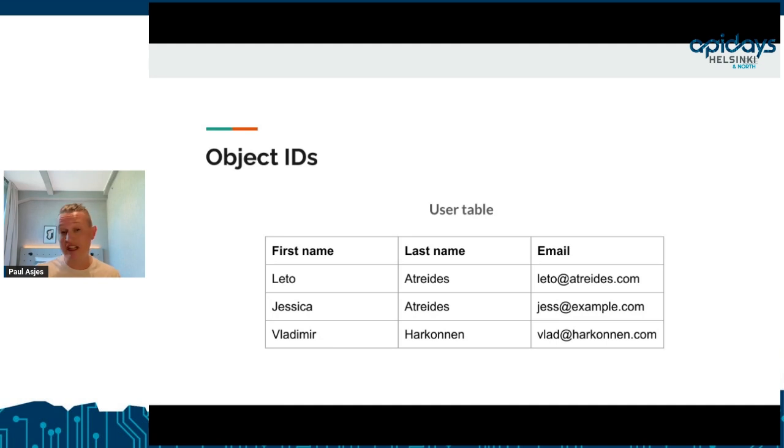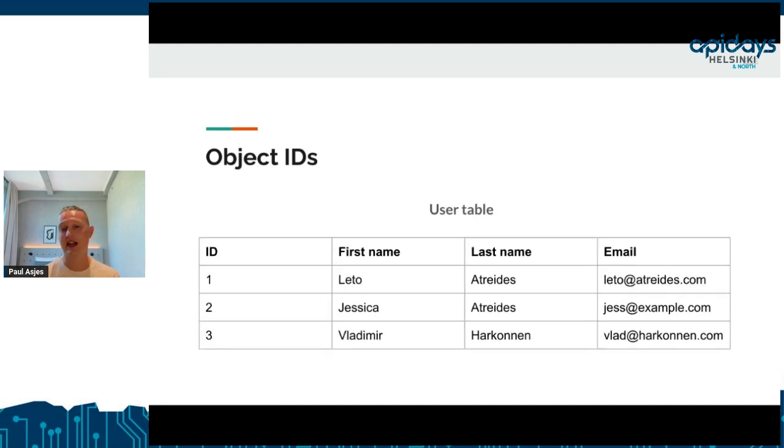So a reasonable solution would be, okay, let's just add an ID and just make it numerical, and it just increments every time we add a new user. Now, this does have the advantage of making it very easy to talk about your users. It's very easy to say, hey, can you check out user number 3 or order number 5 or whatever like that. But the problem with this is that if you are planning on making this data available publicly,